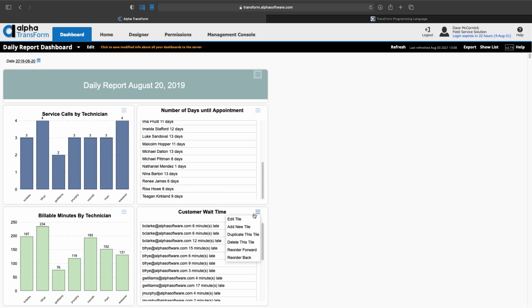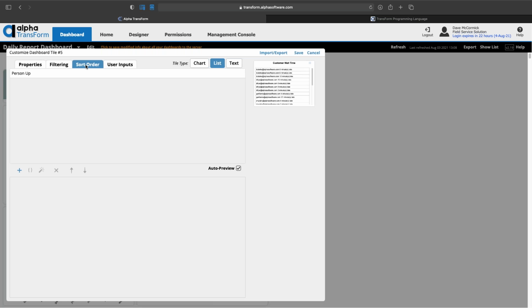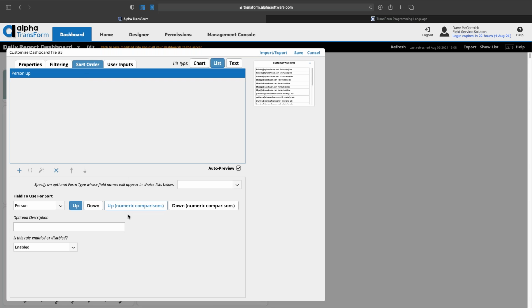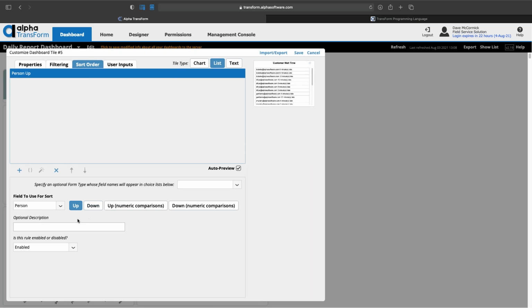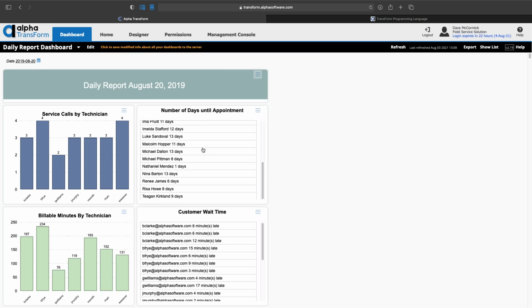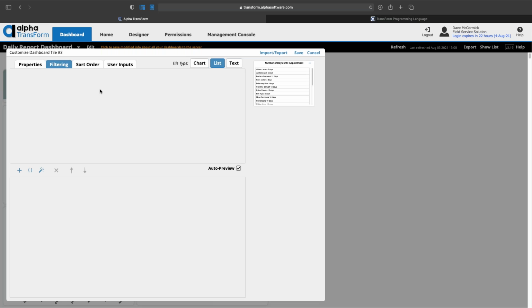The way I did that, only because I've never shown it before, is I just went over to sort order. And in this case, I chose the person field to sort on. That's the person to whom the ticket was assigned. It's people here. And I told it up or down. In the case of here, because I was filtering against a field that was contained,